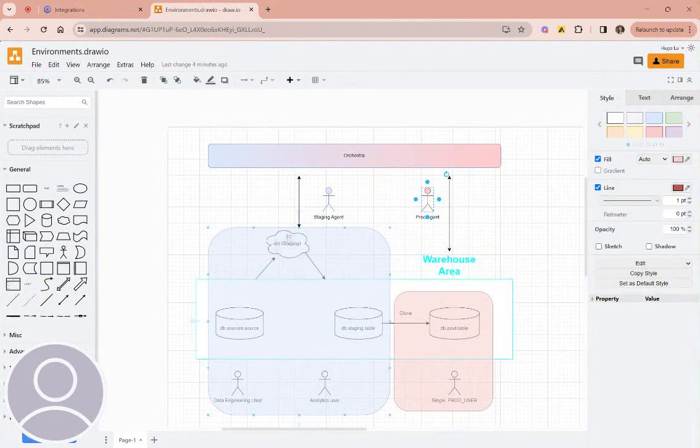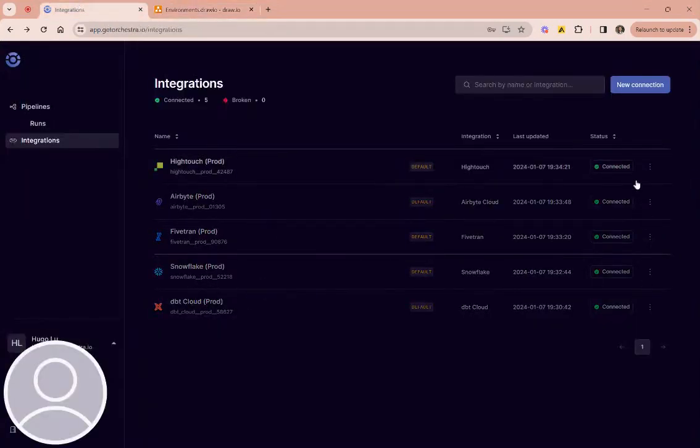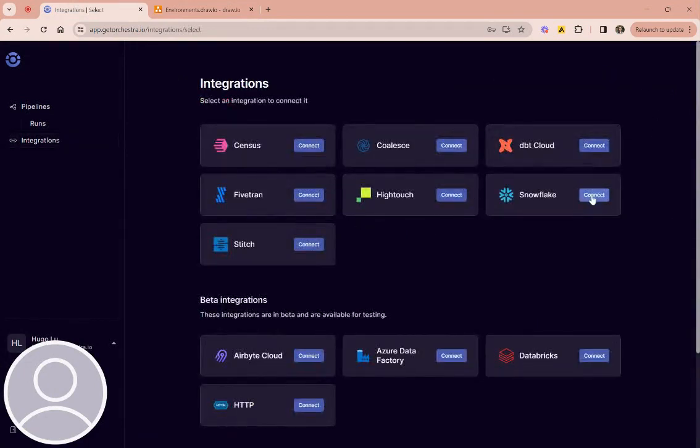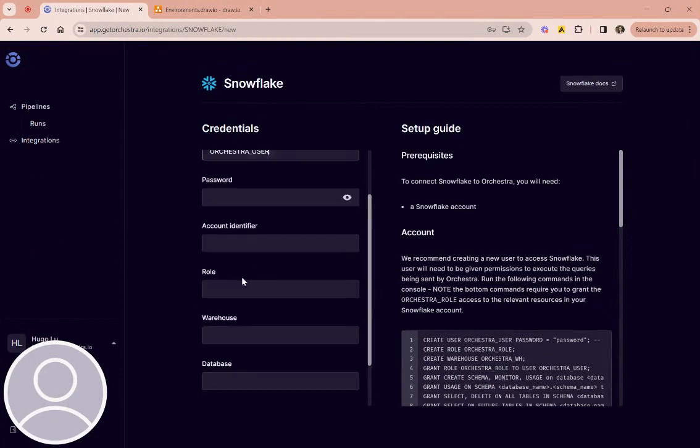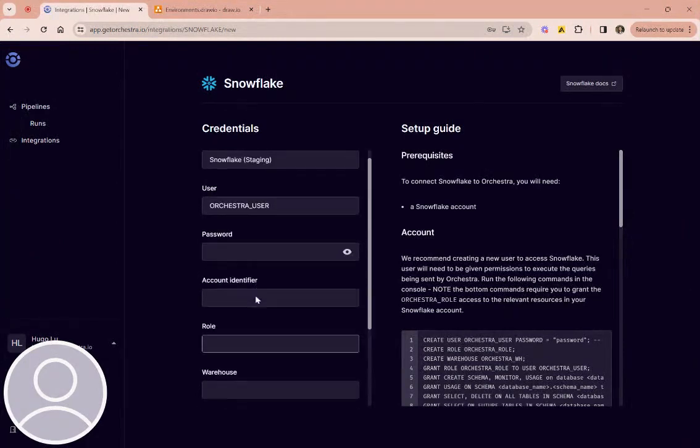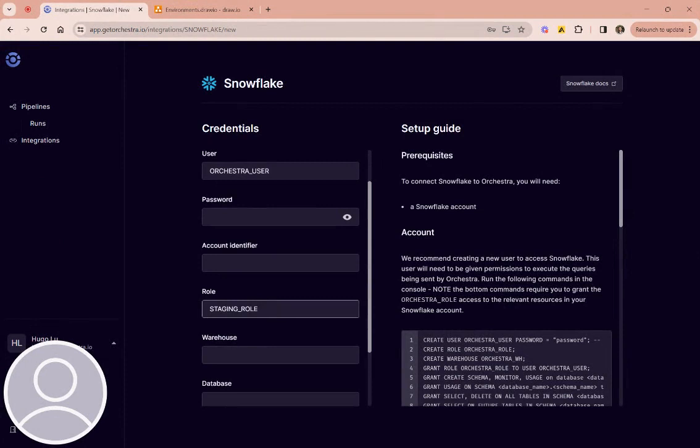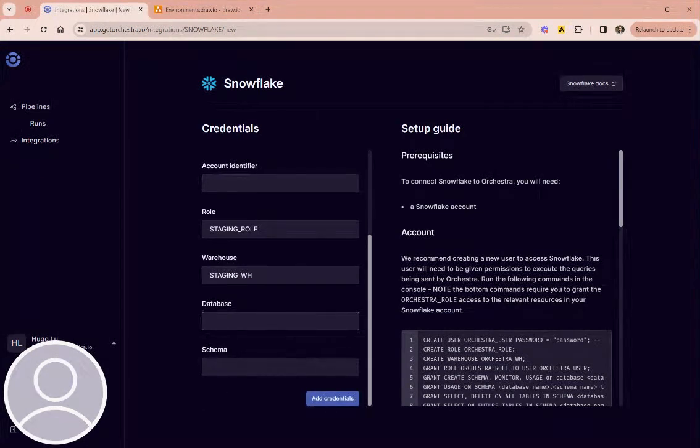And if we weren't using DBT and we were just running Snowflake queries, then what we would do is we'd set up a new connection, we'd head over to Snowflake. But importantly, this would be something like staging, right? And the user could probably be the same user, but maybe the role would be sort of like staging role, and it would only have access to the staging warehouse, and fundamentally it would only have access to perhaps the same database, but it would only have access to the staging schema, of which there could be many. So yeah,